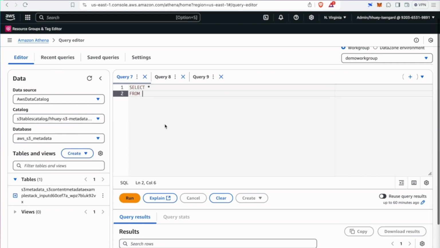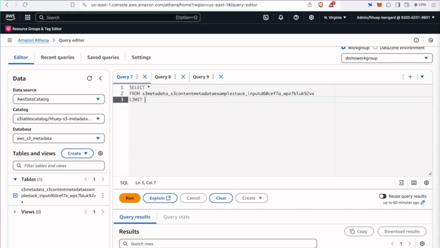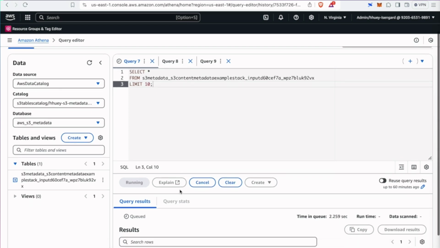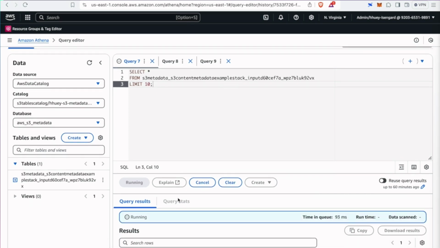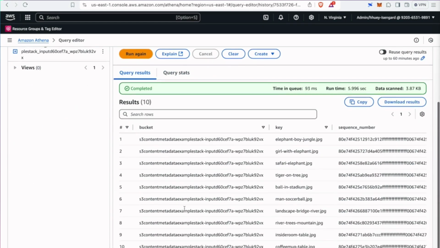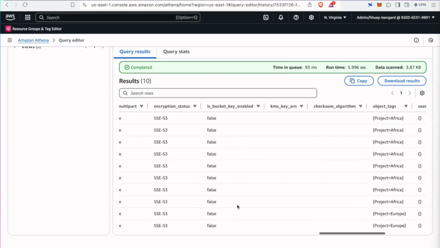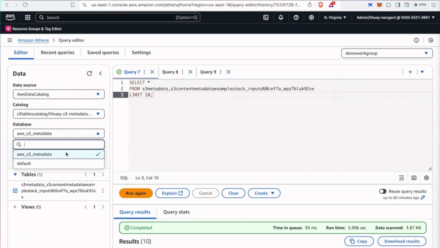So if I choose those, just to verify that these tables exist, I can see that the metadata table exists and it contains the 21 fields that we talked about earlier.